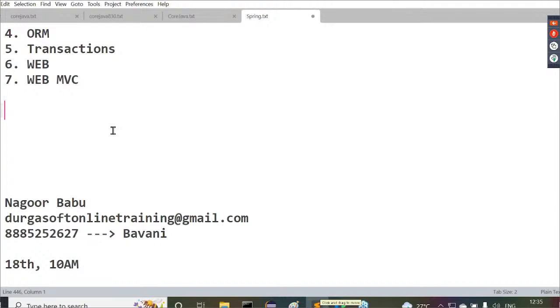What exactly are the steps we require to interact with the database from Java applications in order to perform database operations? Tell me, what steps are required here? Step number 1 is what? First one is: load and